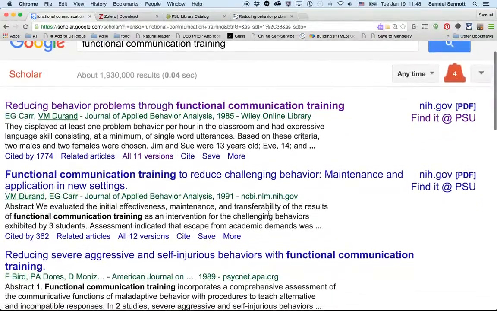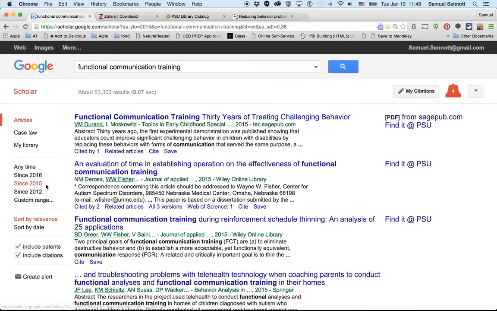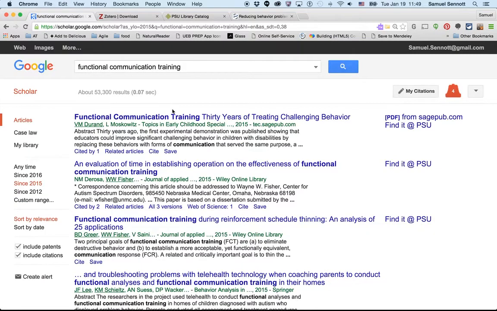And we'll look. One thing that you can do is look at the time frame. So we can say, what's the most recent article on this? Let's do since 2015. Oh, Durand and Moskowitz, Functional Communication Training, 30 Years of Treating Challenging Behavior, Topics in Early Childhood Special Education, 2015. Okay, we know that Durand's important because he was on that seminal paper with Carr. So we can go into that one,